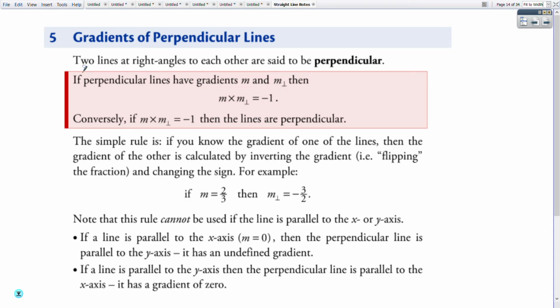So it's got the definition here. Two lines at right angles to each other are said to be perpendicular. So what that looks like is two lines like this. If they're right angled to each other, then that line and this line are perpendicular to one another, as in they meet each other at right angles. You will have seen this before in real life, like if you have one road and another road, they're perpendicular